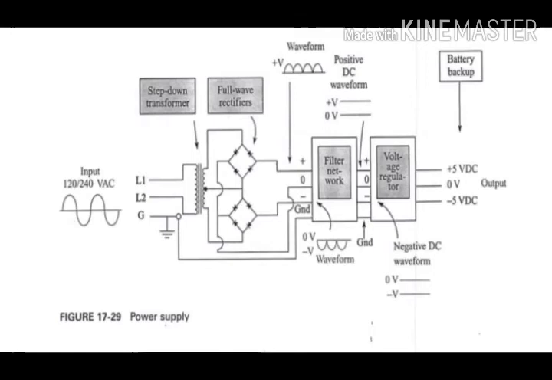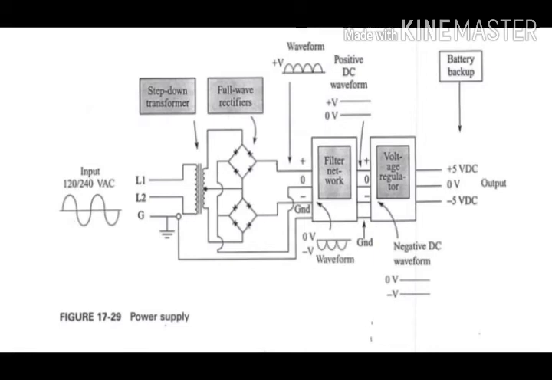Whatever the rectifier converts from AC to DC is pulsating in nature, as you already know. To condition that pulsating DC into smooth DC, we need a filter circuit, so this input is given to the filter circuit. Here the top bridge gives positive 5 volt and the bottom bridge negative 5 volt, or 12 volt, whatever is required. In the case of a PLC, 5 volt is required. So this is the 5 volt supply, then this is the 0, and then another one is the ground. This is the filter network which conditions the pulsating DC into pure DC.